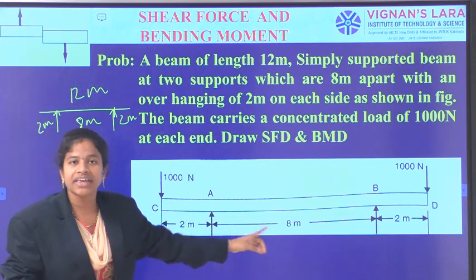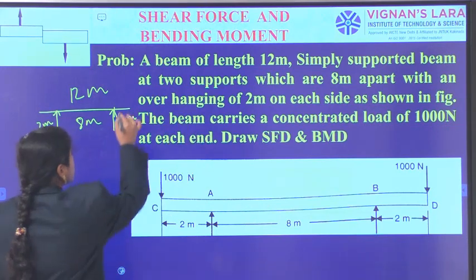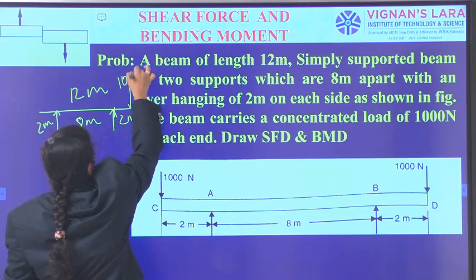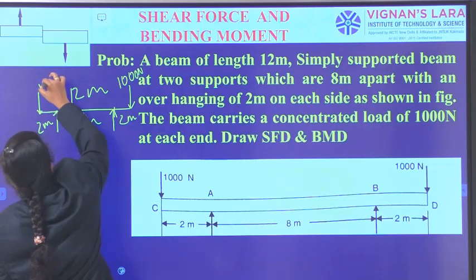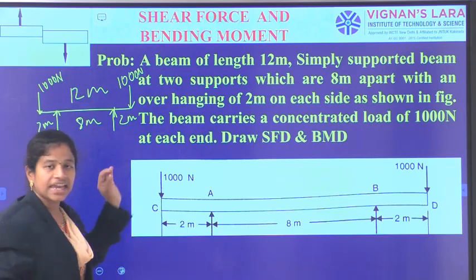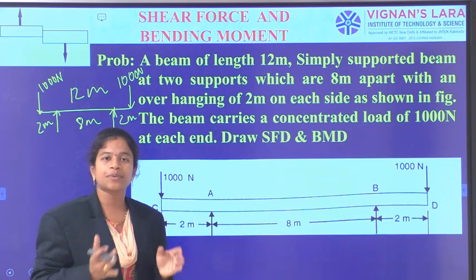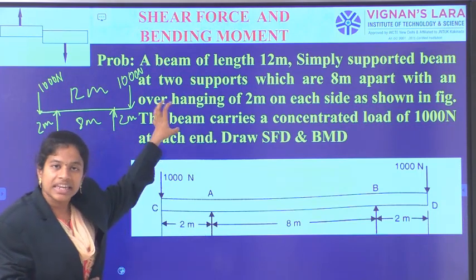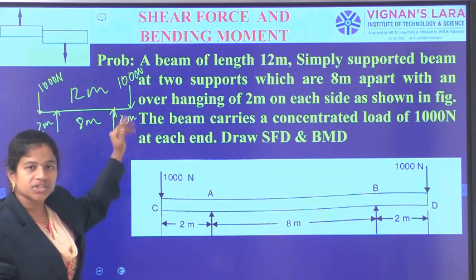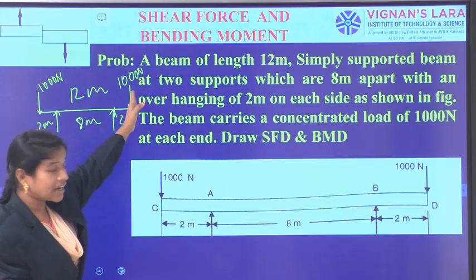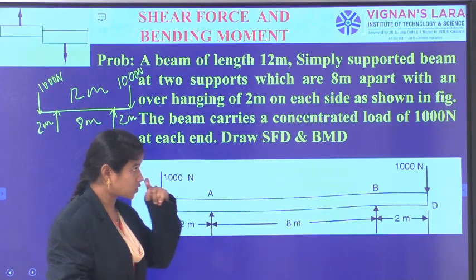Right? Now, as shown in the figure, whether they mention it or not, you have to generate it like this. And for the loading case, they have given it like this. Otherwise, they will mention that on the right end of the beam there is a point load of 1000 newtons, and on the left end there is another point load of 1000 newtons. So in this way they can give it in the form of a statement, or they can give it in the form of a loading figure. We can't expect whether they will give the loading figure or not. From the theory itself, we have to generate the loading figure. Okay, so the 2 meter overhanging portion has the load applied at the free end, at the complete right end and the complete left end of this overhanging beam. Okay, so there are the values